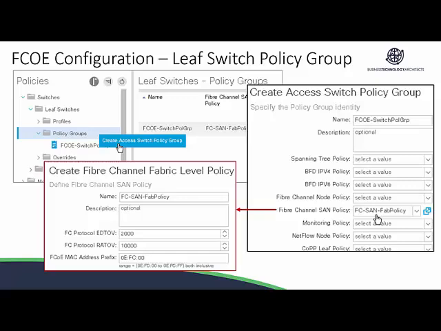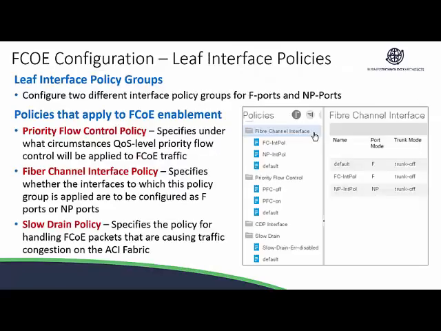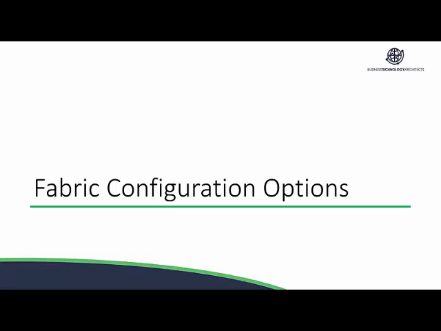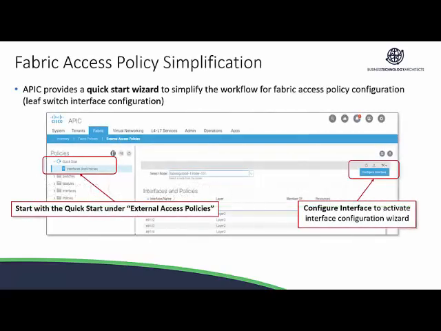Again, you'll have to create a leaf switch policy group. And then, of course, we have to change the policies that apply to that FCoE enablement. We have to do PFC, Fibre Channel interface policy, and we also have to do slow drain policy as well. And there's the leaf interface policy group. So port mode would be F, trunk off, and idle, speed auto. And under fabric configuration options,